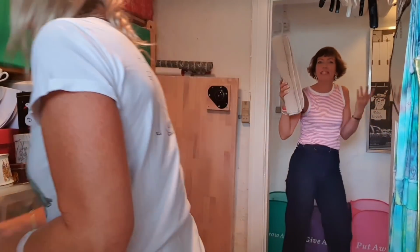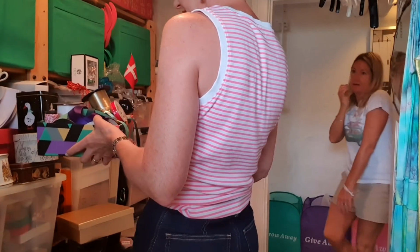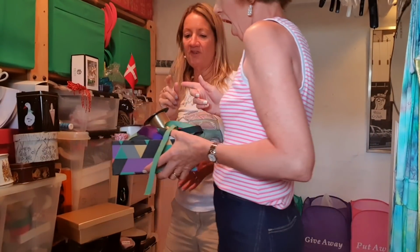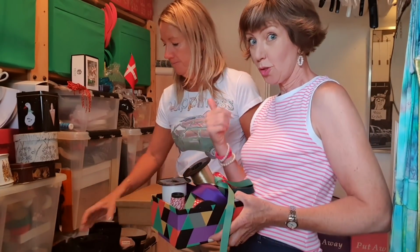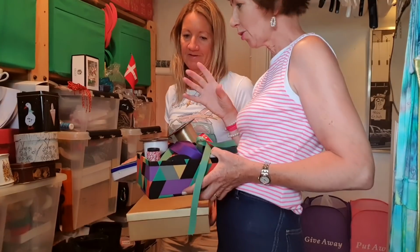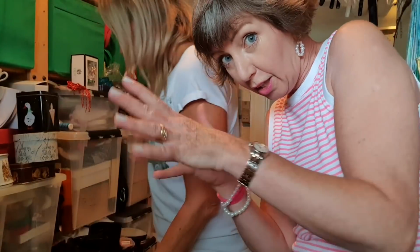Woohoo! That's the good thing when you declutter with Josh. You get stuff to take home. And this seems to be things for gifts, because from the chest of drawers, I was sort of pulling things out. If you don't know Sue, Sue gives a lot of gifts. So it needs to be somewhere accessible. Just kind of working around the room,